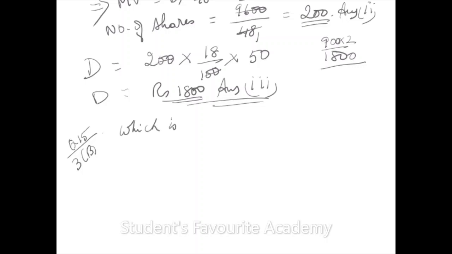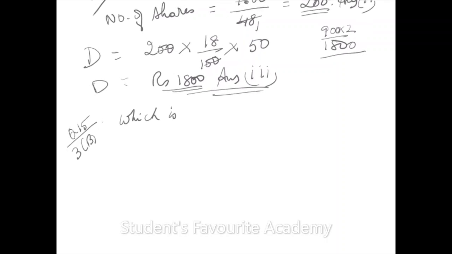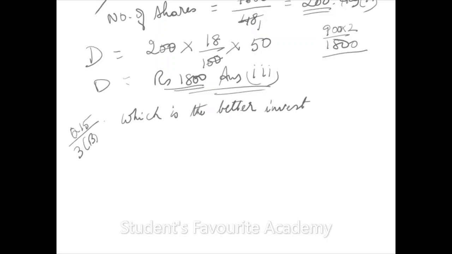So when practically you want to buy shares, you will always face different shares of different companies offering different dividend percent at different market values, at different nominal values, and you have to select the company which will be better or which will give better returns to you. So which is the better investment? So two are given: